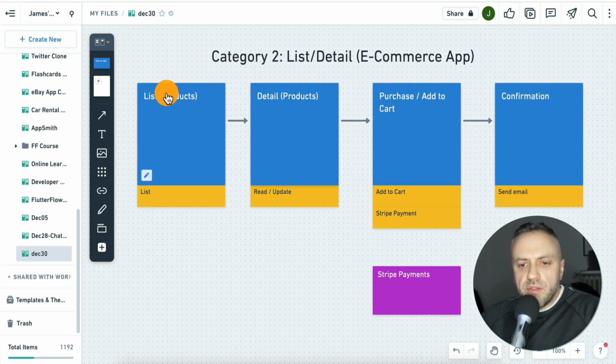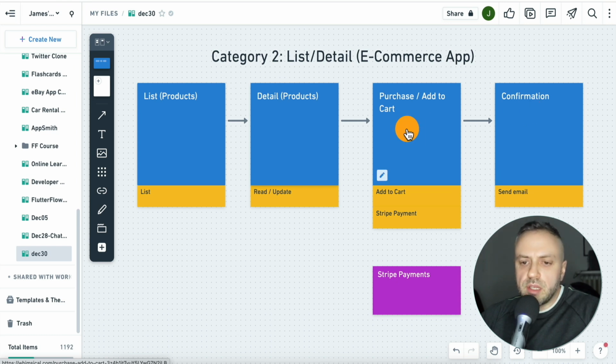And so we have a list of different products. A user can click on a specific product. They're going to be redirected to a detail page. And from the detail page, maybe they want to add the specific product to their cart, or maybe they want to purchase outright. Typically, we're going to have add to cart functionality, then they can purchase it, and then they're going to have